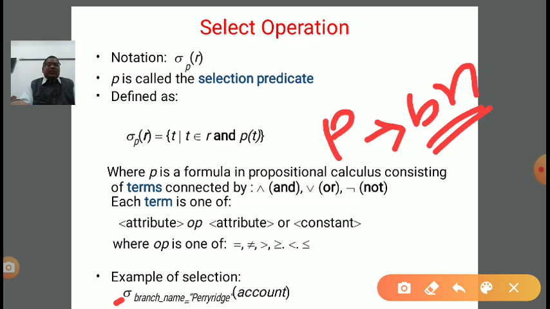Branch name equal to Paris. So if you see branch name equal to Paris, Paris is a string, so it should be written inside inverted commas, double inverted commas. Okay, so the condition is clear. In the bracket, what do we need to write down? The relation name. So branch name is related to which relation? Account relation. So in the bracket we need to write down the relation name